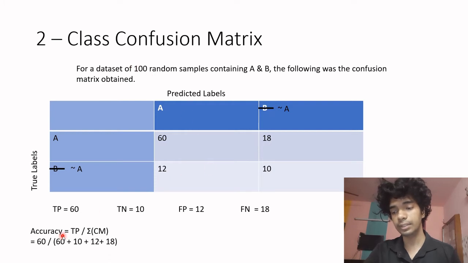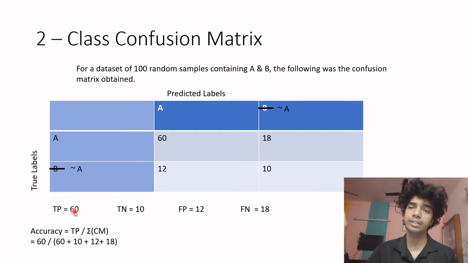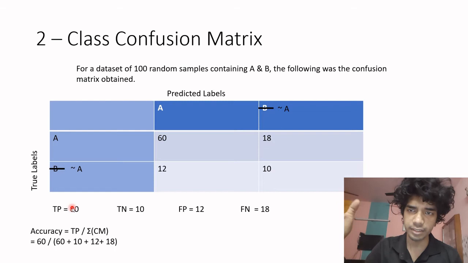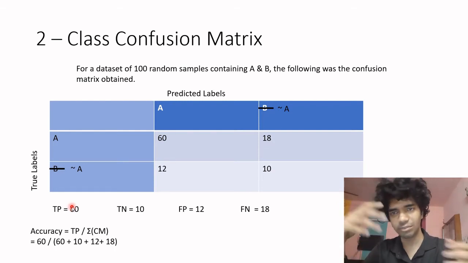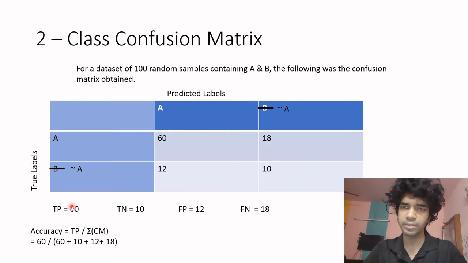So basically accuracy is true positive divided by the total number of instances. This is what it is. Formula-wise, it is the sum of true positive plus true negative plus false positive plus false negative, which basically means the sum of all the samples, right? So you are taking into consideration the true positive, true negative, all the possible scenarios, which is basically the entire set of samples.